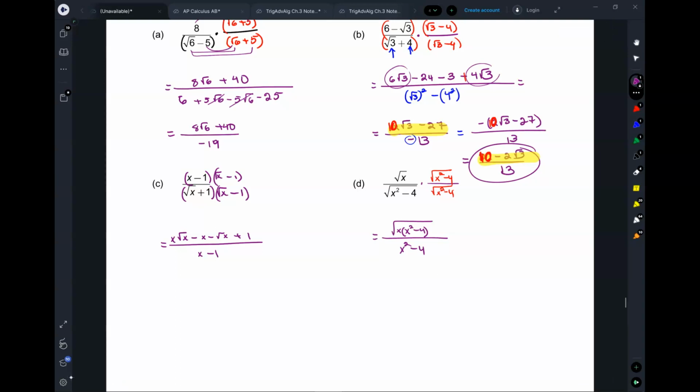And then, this one goes exactly with number 60 from the last homework problem, right? If you have the square root of x squared minus 4, so many students want to say, oh, that just equals x minus 2. No, right? You can't just take off the square root and pretend that they're the same. You have to keep it that way, and then that's how we would get rid of it. So the idea is no roots in the denominator. Okay? Why isn't it, on the numerator, why isn't it the square root of x times